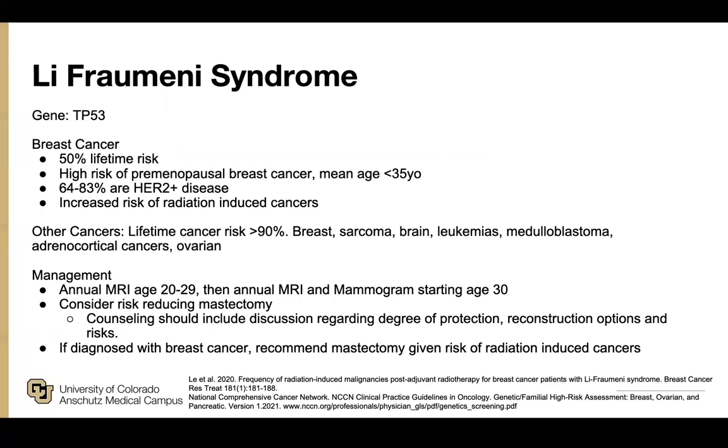Management includes annual MRI from age 20 to 29, and then annual MRI and mammogram starting at age 30. It should be discussed with the patient about risk-reducing mastectomy, and if diagnosed with breast cancer, recommend mastectomy given the